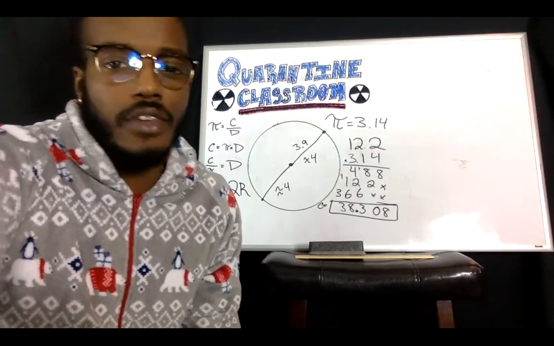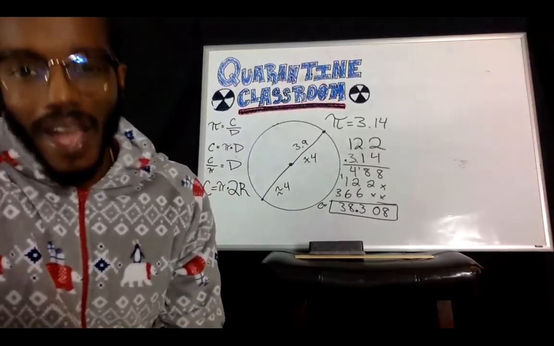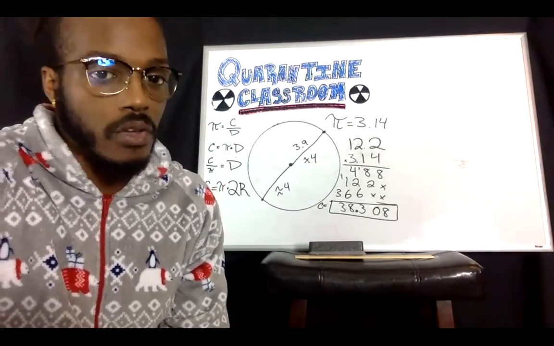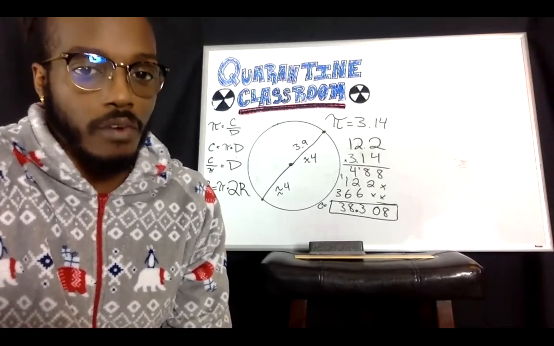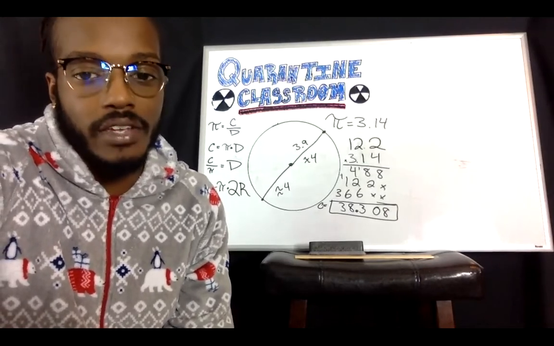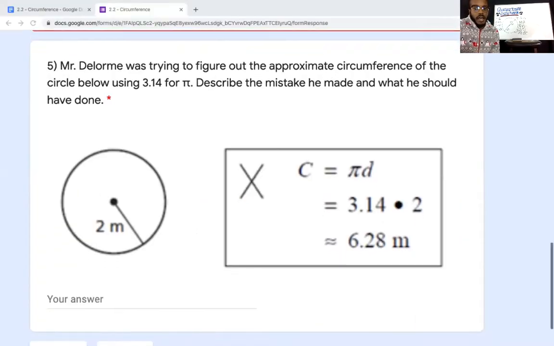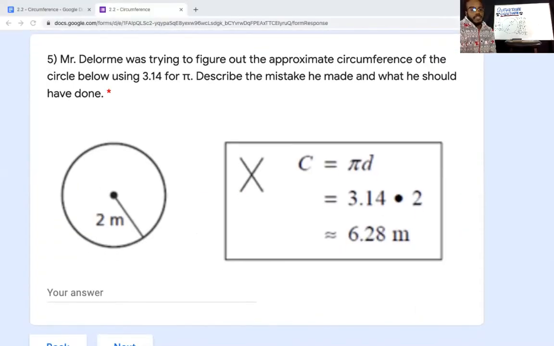Mr. DeLorme was trying to figure out, this is question number 5 now. Mr. DeLorme is trying to figure out the approximate circumference of the circle below by using 3.14 for pi. Describe the mistake he has made and what he should have done. I'm going to go back into the screen share so that we can look at this together. What he did was he saw that the radius was 2 meters, and then he did 3.14 times 2. The mistake that Mr. DeLorme has made